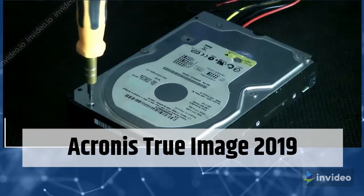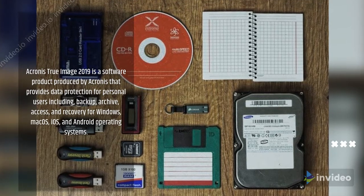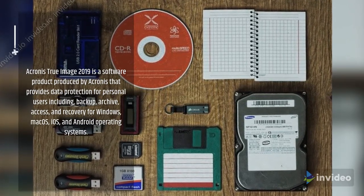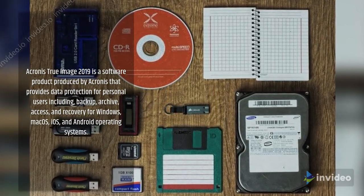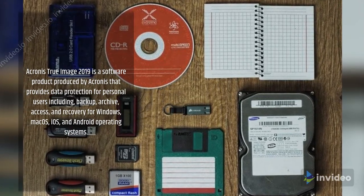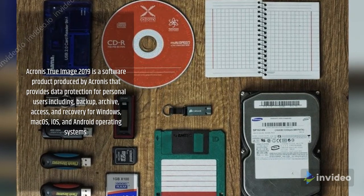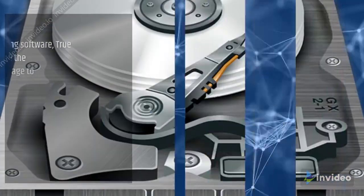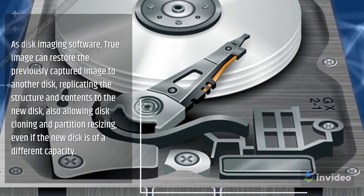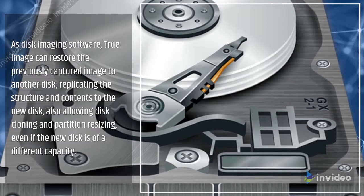Acronis True Image 2019. Acronis True Image 2019 is a software product produced by Acronis that provides data protection for personal users including backup, archive, access, and recovery for Windows, macOS, iOS, and Android operating systems. As disk imaging software, True Image can restore the previously captured image to another disk, replicating the structure and contents